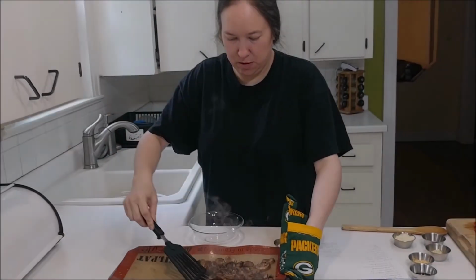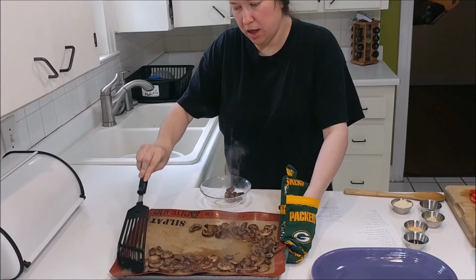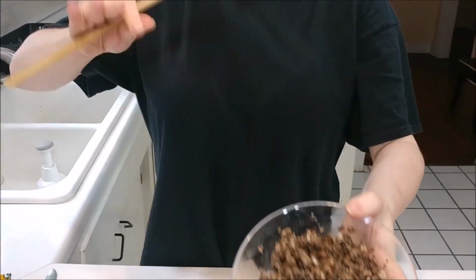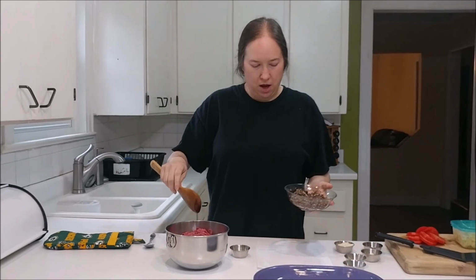We got the mushrooms roasted, pulled them out of the oven. I'm going to get them in a bowl to chill, and then I'm going to chop them up. Okay, we chopped the mushrooms up. I used one of the slappy choppy deals, but you could use a knife, doesn't matter. Slappy choppy, is that the official term? That's the...